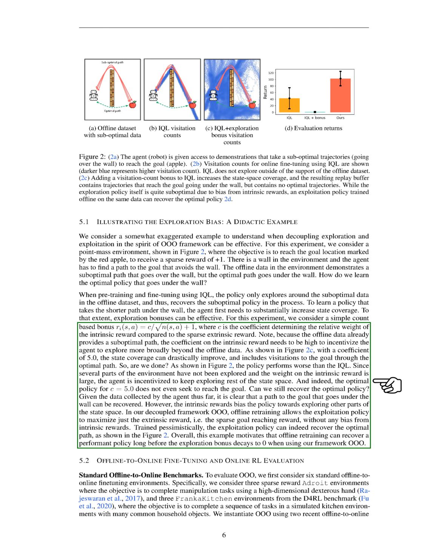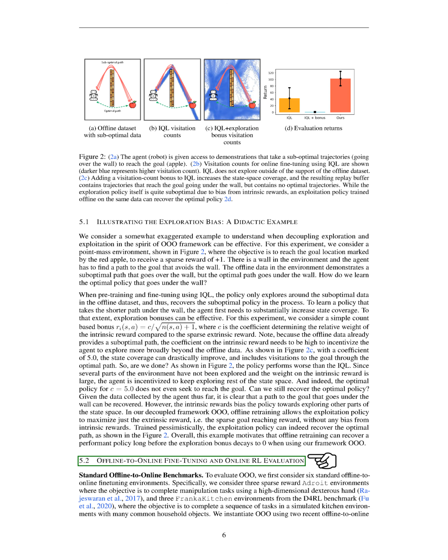Section Summary. In the OOO framework, we can rebalance imbalanced datasets by upsampling transitions achieving the sparse reward, allowing us to train on high-reward transitions and improve the quality of the exploitation policy. An example instantiation of the OOO framework using IQL as the base RL algorithm and R&D as the exploration bonus shows that decoupling exploration and exploitation can effectively recover an optimal policy even in cases where the offline data provides suboptimal paths.